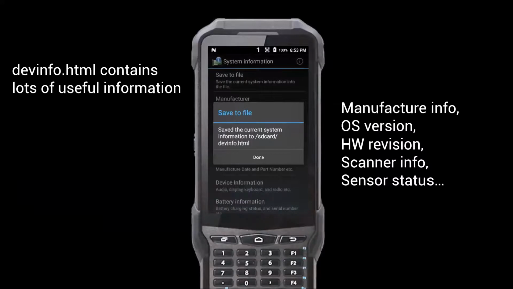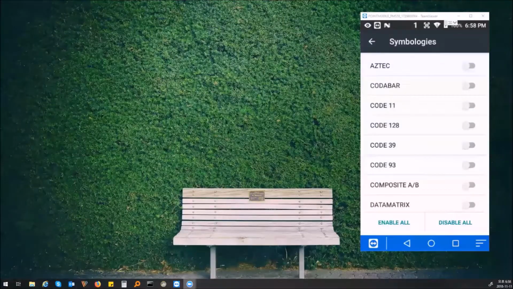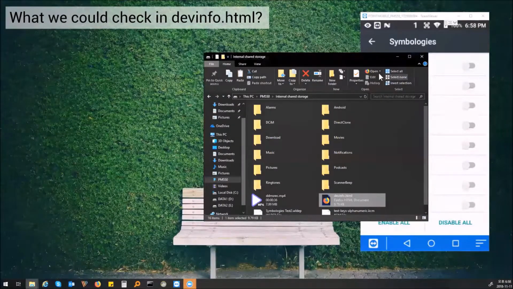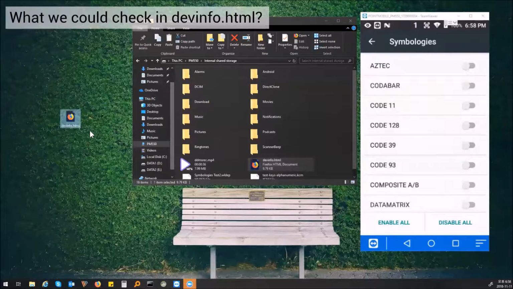It can save it to internal storage. And not only that, we can check the scanners, I mean, every status of your device. So just copy it to your desktop, and open the device information file,